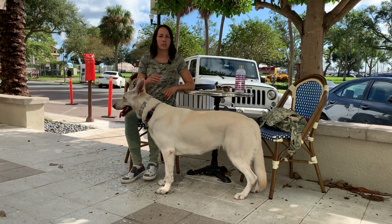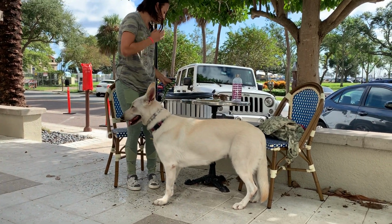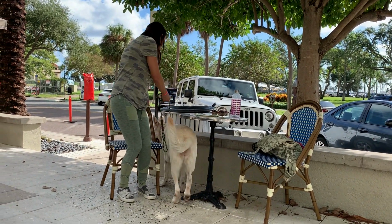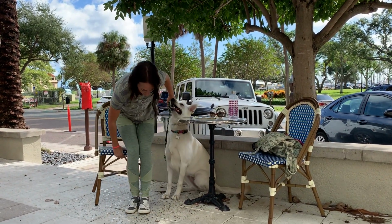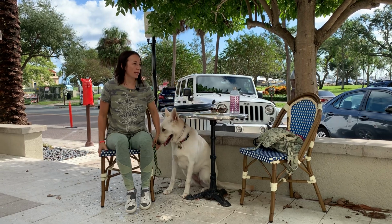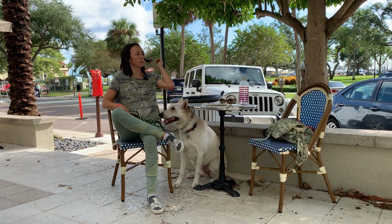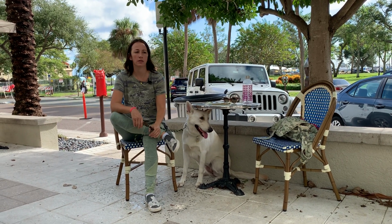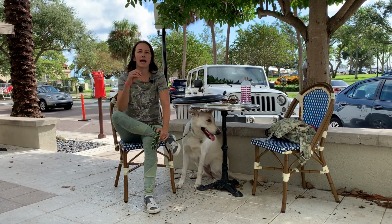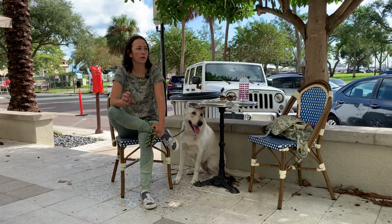So knowing that she is a little bit more environmentally sensitive, what I can do is tuck her back in here, move my chair here, and now I've put myself a little bit more in between the people and the dog. Again, I have not given her any sort of formal command, because